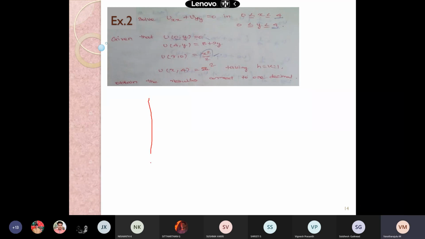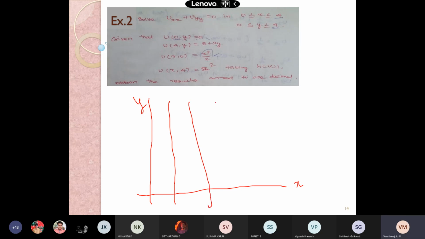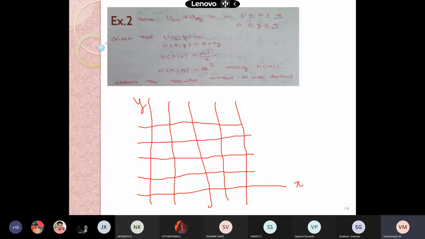That is, draw the axes first. This is your x-axis and y-axis, and here x varies from 0 to 4. x is equal to 0 at the y-axis. x is equal to 1, x is equal to 2, x is equal to 3, and x is equal to 4. And similarly, y is equal to 0 we have, and y is equal to 1, y is equal to 2, y is equal to 3, and y is equal to 4. We can leave the x's